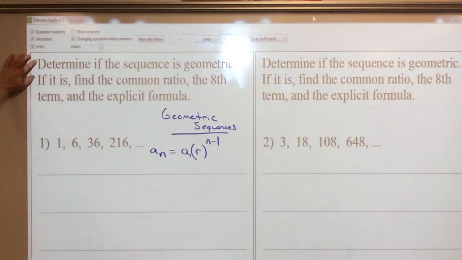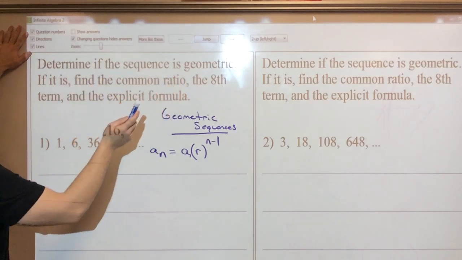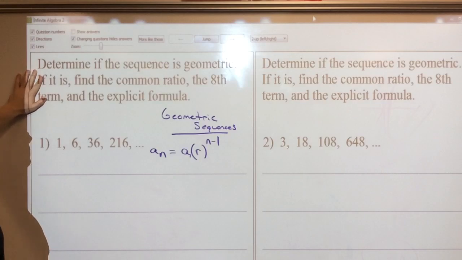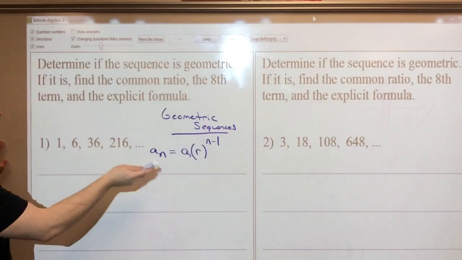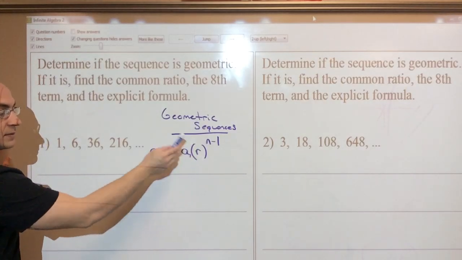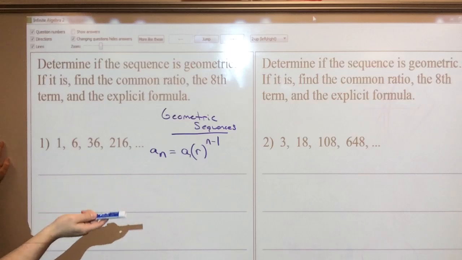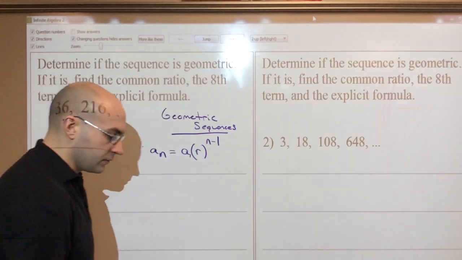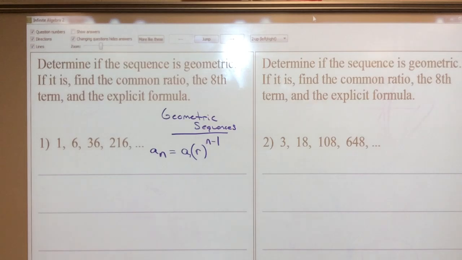Here, first we have to determine if the sequence is geometric. And you're going to know that because there's a common ratio. Then I want to find the common ratio. See, in these two problems, I need to find what R is. I'm not giving you R. It's not going to be that challenging. And then I want the eighth term. Okay, so I will need a calculator for this, most likely. All right, so